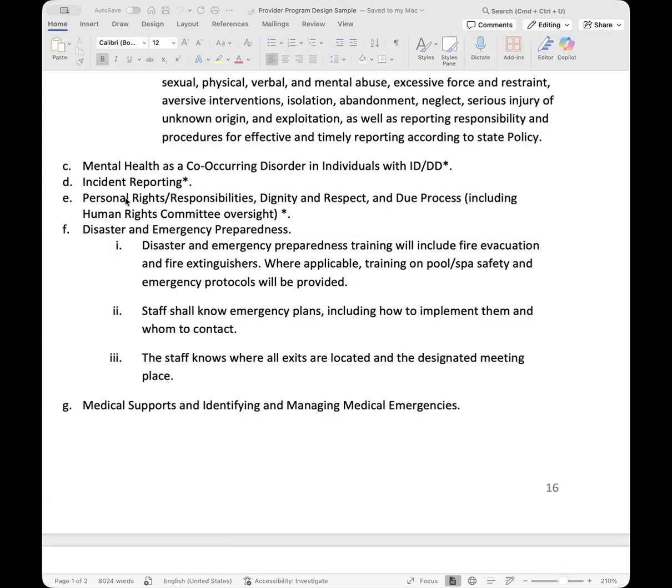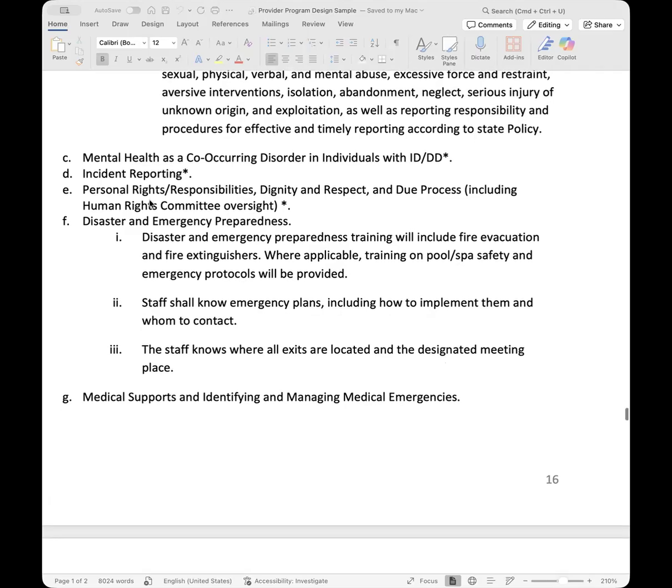So you want to make sure your staff is fully trained in incident reporting, and in the timeline of when the incidents are supposed to be reported. We'll go a lot into this when we get to our policy and procedure part. We'll talk about reporting, the types of reporting, and what constitutes an incident report.